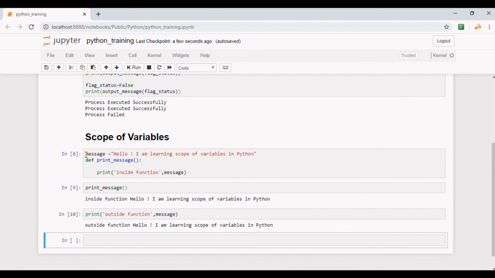Well friends, that's how we can create and use a function in Python. Hope you have also understood the difference between local and global variables. In the next tutorial, we will understand another important function in Python, the lambda function.